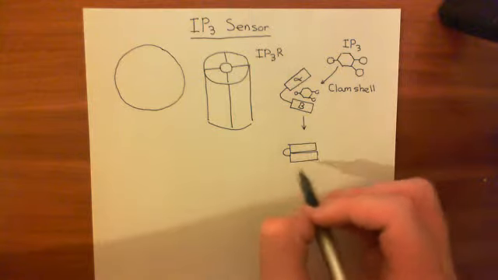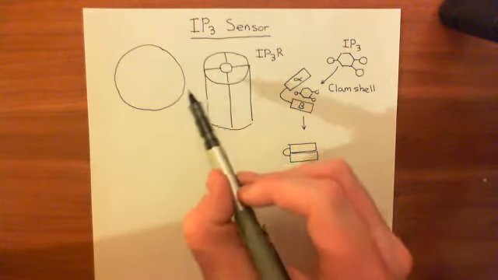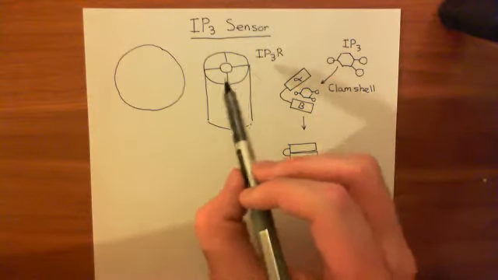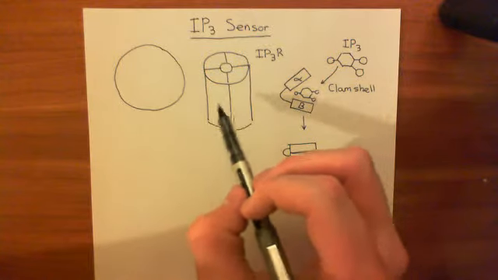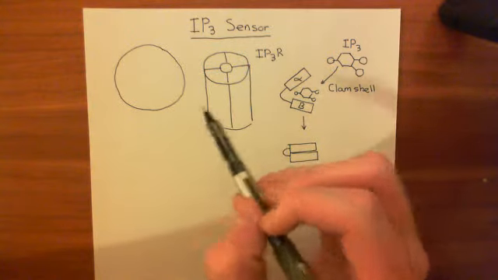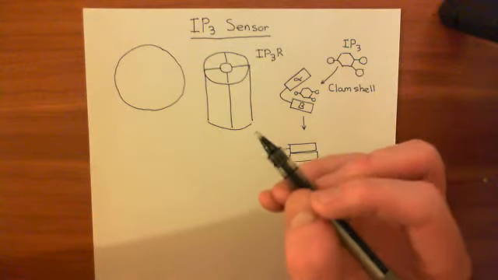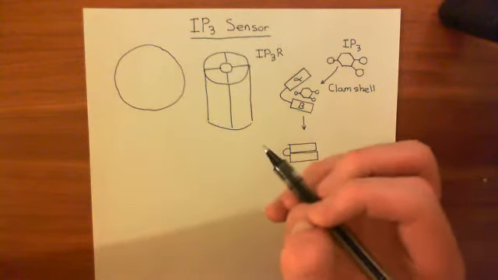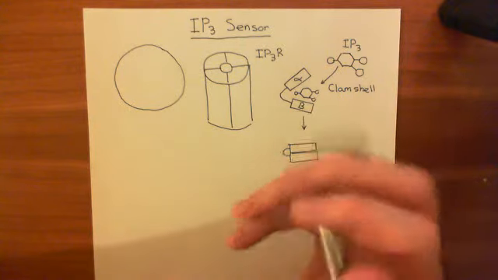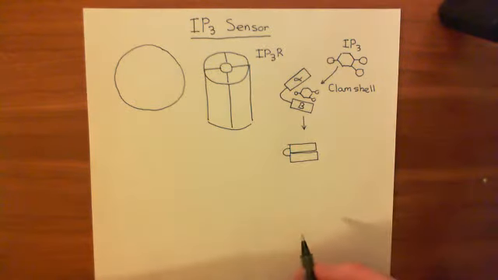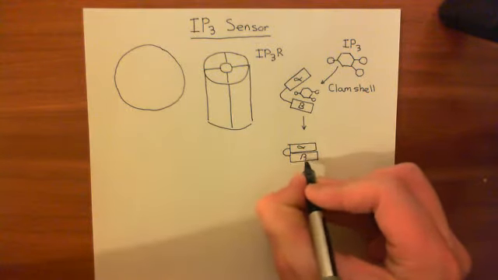And that closure is then what changes the conformation of this subunit and leads to the inhibitory calcium binding site being retracted and a stimulatory calcium binding site becoming available. That stimulatory calcium binding site then only needs calcium to bind to it in order to activate that subunit so that it will do its bit to try and open the pore. Okay, so this is the idea behind how